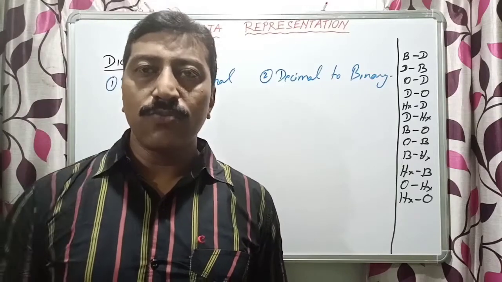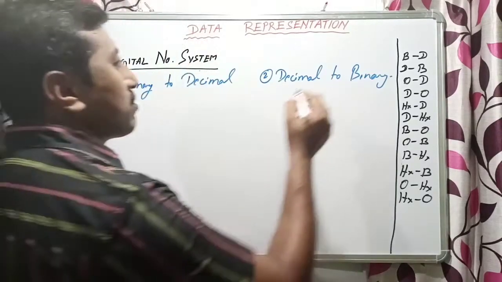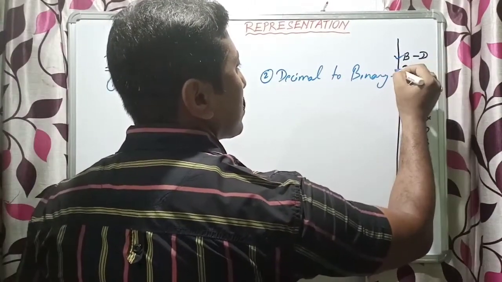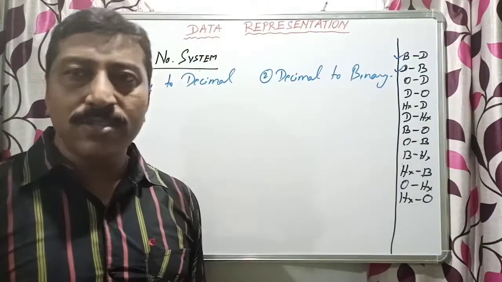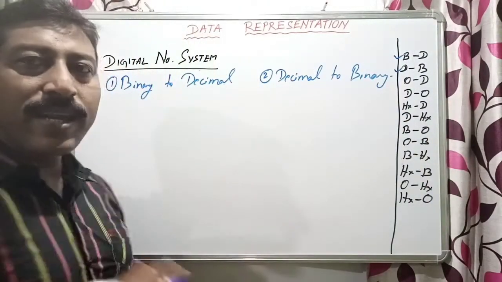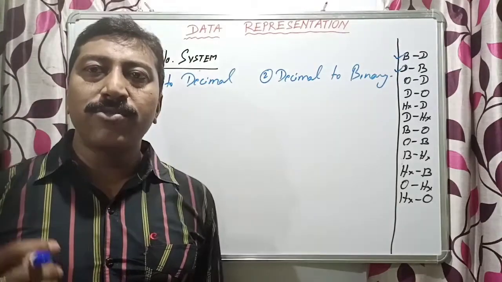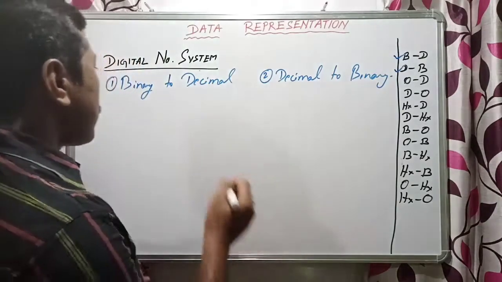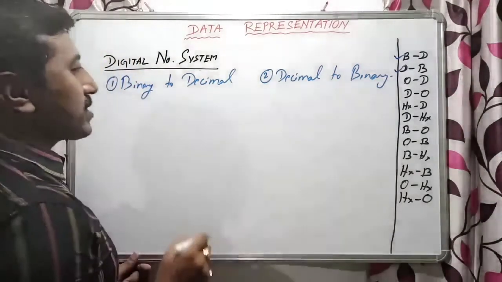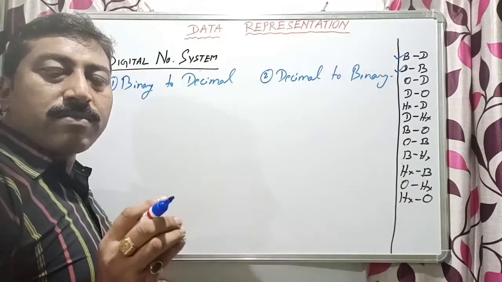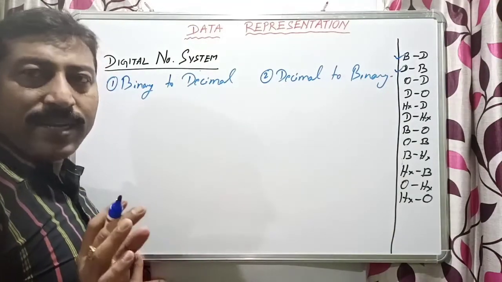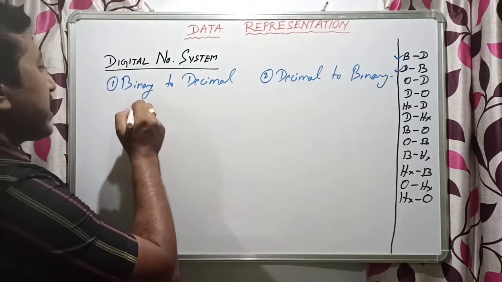In this part, first let us discuss the first one, binary to decimal and decimal to binary. These two parts we'll cover first. I am giving one example, so listen properly, try to understand, and do practice. First, binary numbers. I told you binary numbers consist of the digits 1 and 0. So let us see one binary number I am taking.